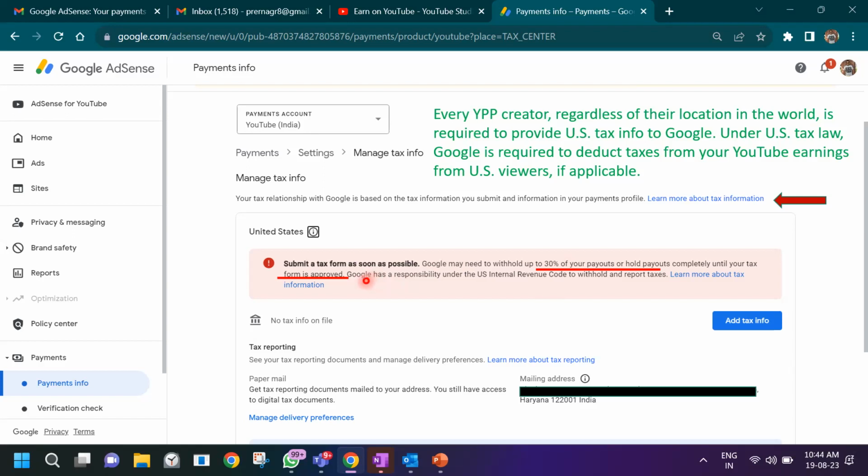Otherwise, you'll probably have to file US returns and claim refunds, which might not be possible. So the best option is to update this information as soon as possible and apply for lower tax deductions. This is what it says: that Google has a responsibility as per US law and the internal IRC, Internal Revenue Code, to withhold taxes and report the taxes to the US government, and that is why they're asking for this information